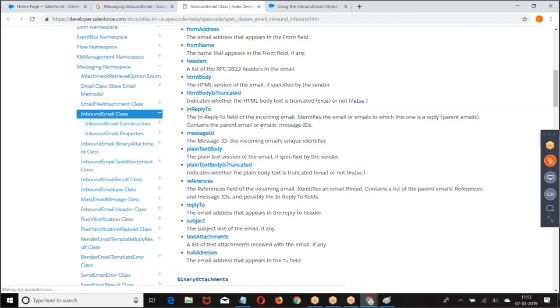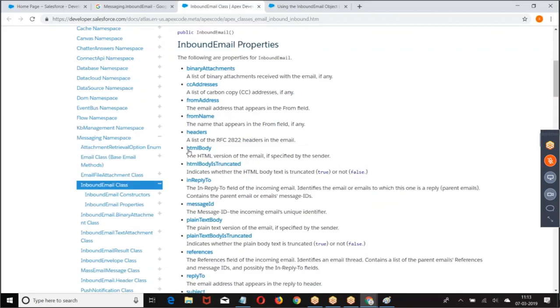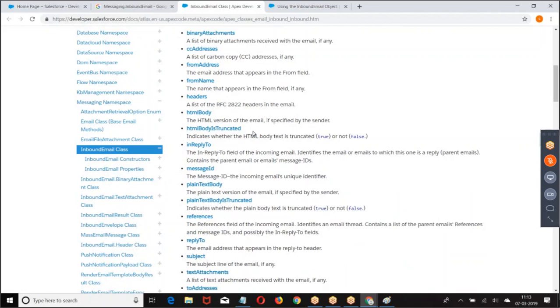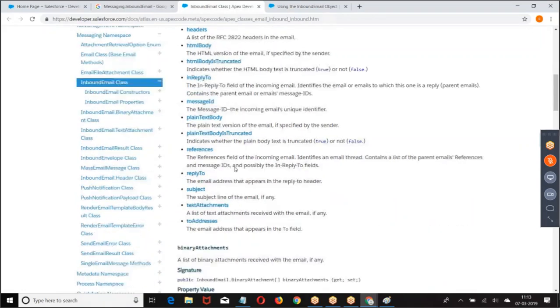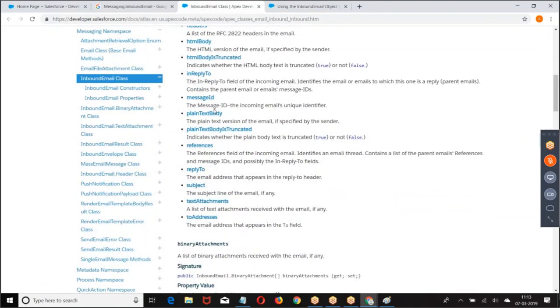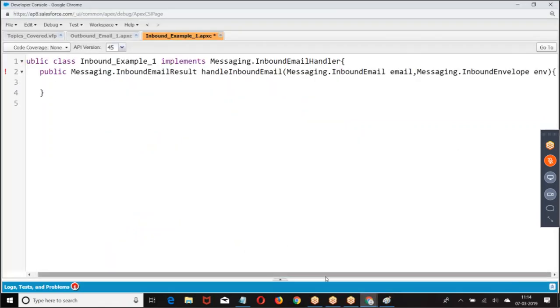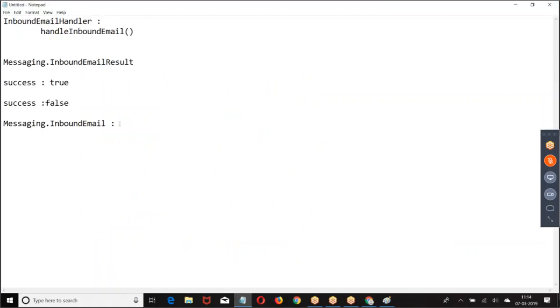Binary attachments, CC address, from name, headers, HTML body truncated, in reply to, message ID, plain text body truncated. All these are what? The properties of the mail we received. Whatever the mail we received, that mail's from address, to address, CC address, subject, plain text body, HTML body, this type of data we have mentioned. Right. So that is InboundEmail.